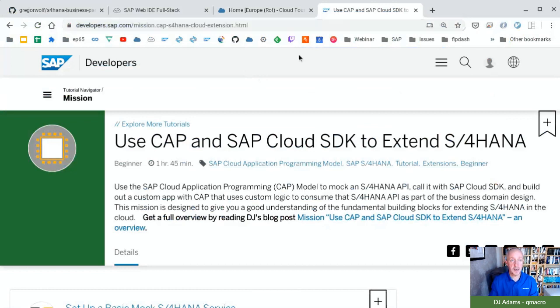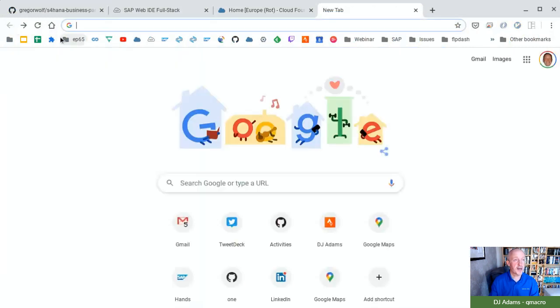Well, let's maybe dig into that next time. I think it would be really cool to have a mocked S4HANA service to have in the back end for playing around with and for connecting to. So that's that. Again, where is it? I don't know, it's gone. Anyway,